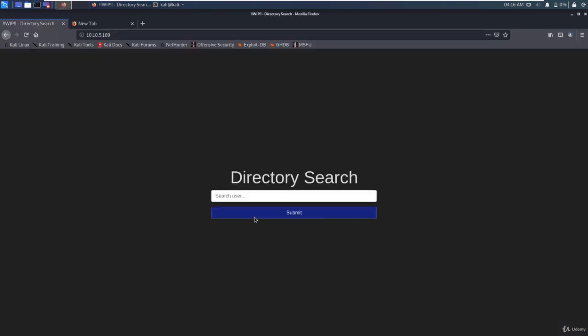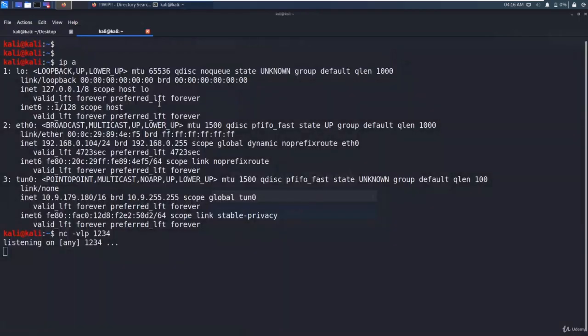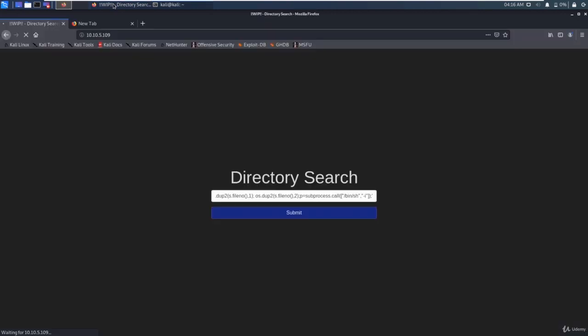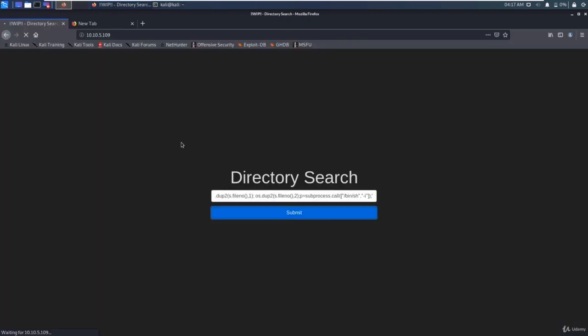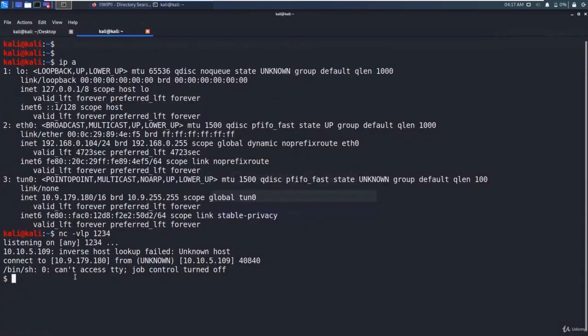Now let's execute the command: put the semicolon, space, and then paste the command and click on submit. So we got this basic shell.